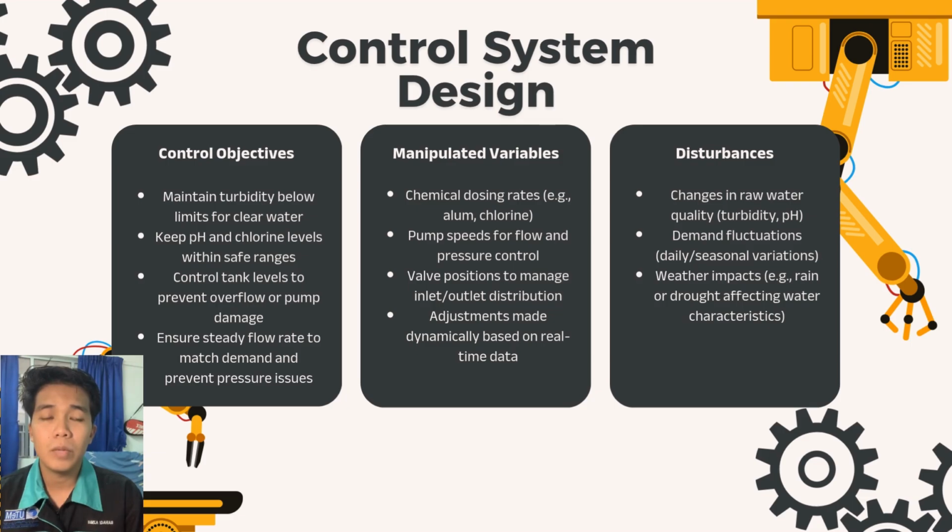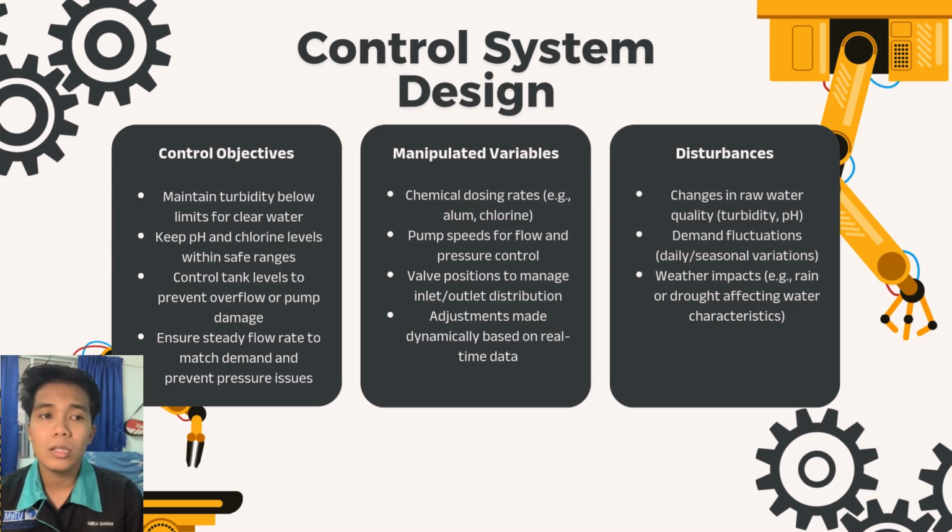For the manipulated variables, there is chemical dosing rate, pump speed for flow and pressure control, and valve position to manage inlet or outlet distribution. Adjustment is made dynamically based on real-time data. For the disturbances, first, change in raw water quality, second, demand fluctuation, third, daily and seasonal variation, last, weather impact such as rain or